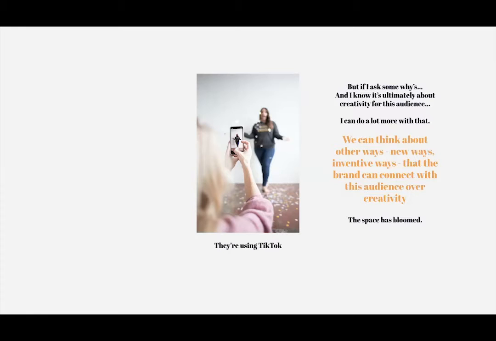And this is the difference between an insight and an observation. When you have an insight, it allows people to do more with it. When you have an observation, if we're being really strict about the rules of logic, you can only stop at the observation. And you really want those insight spaces to bloom.